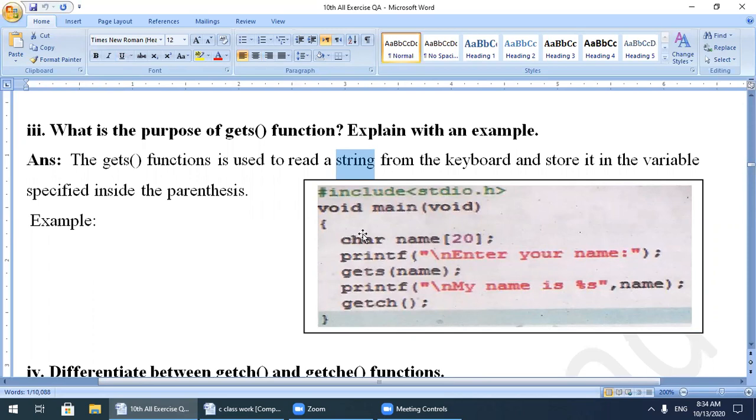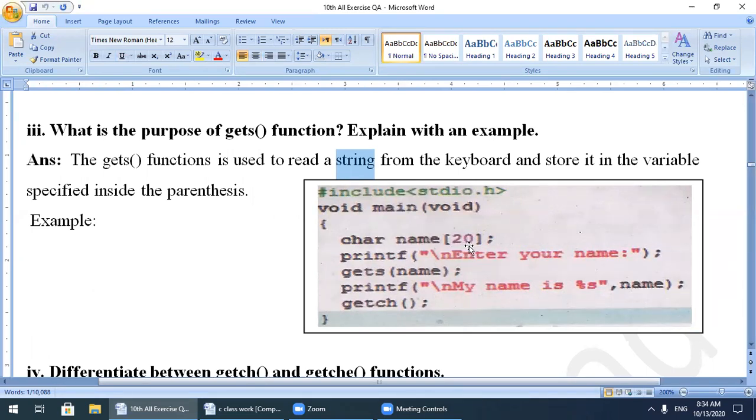Watch here in this example. #include <stdio.h>. You can also use the next header file, like conio.h, in our program. void main, then opening braces. Now name is a character variable having a length.